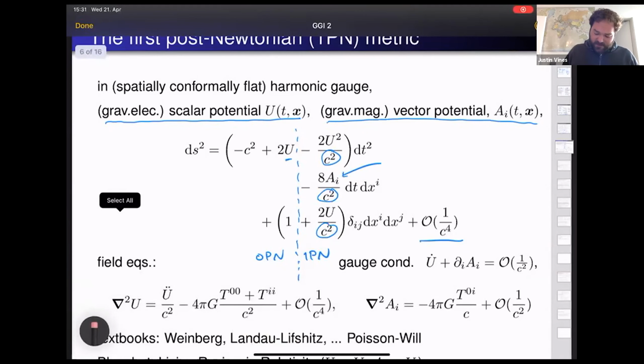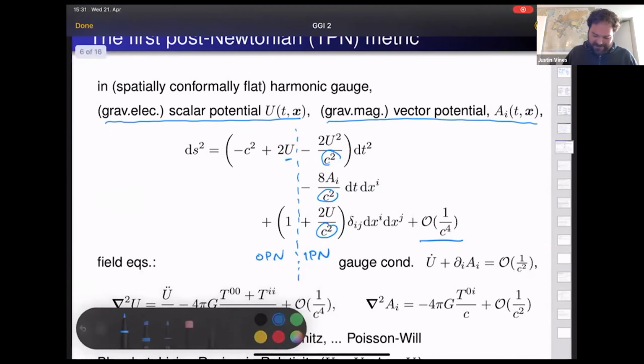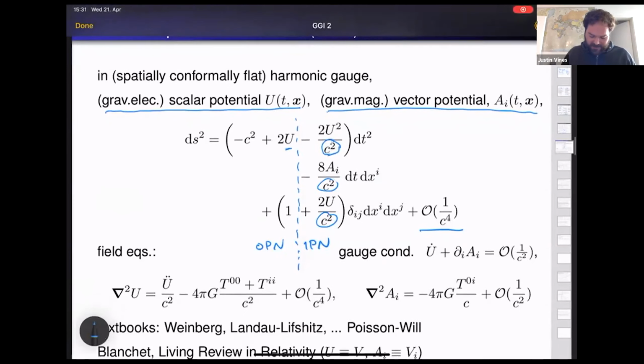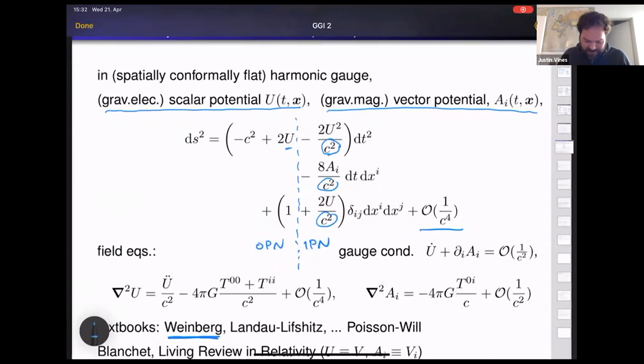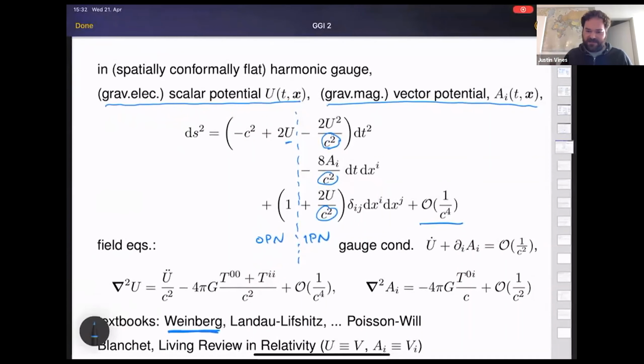And where did this come from is a very good question. I'm not going to talk about that, but my favorite reference for understanding where this came from is actually the textbook by Weinberg on gravitation. He has a chapter on the post-Newtonian approximation. And he essentially starts from a more general ansatz for the metric at first post-Newtonian order, going through computing Christoffel symbols, computing the Riemann tensor, the Ricci tensor, etc., and